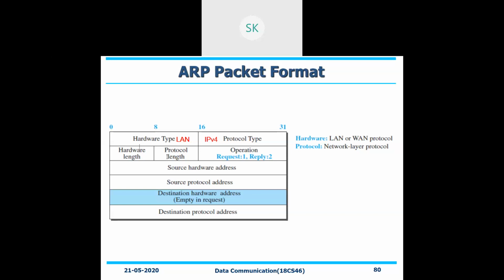Next is hardware length. With respect to the hardware length, it is the length of the physical address of the hardware device that we are using, and that is with respect to your source part I'm talking about. Suppose it will be carrying 20 bytes, means 20 bytes will be the hardware length.